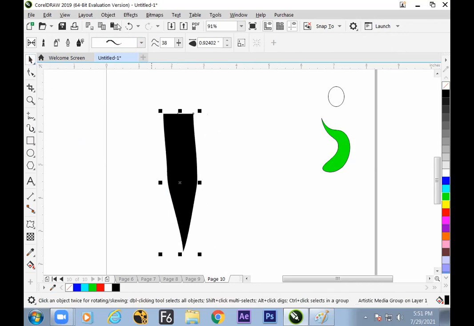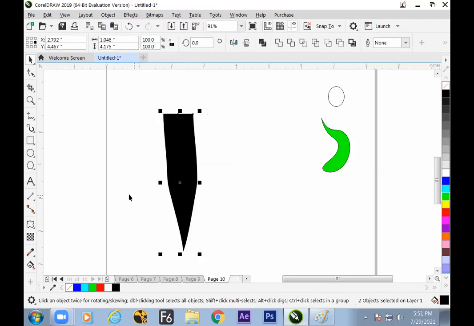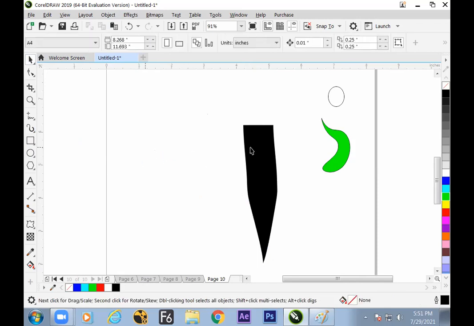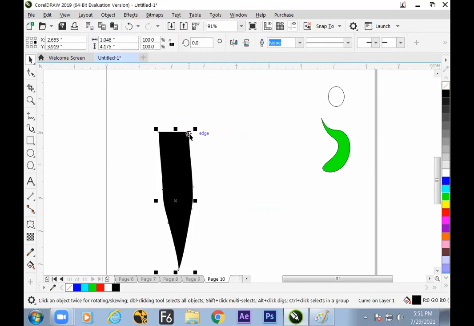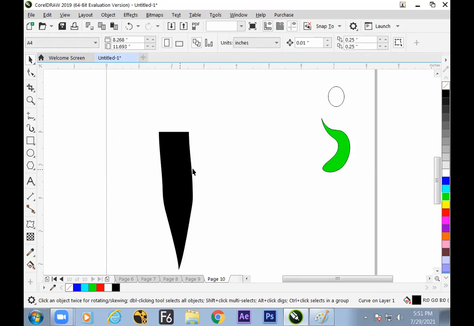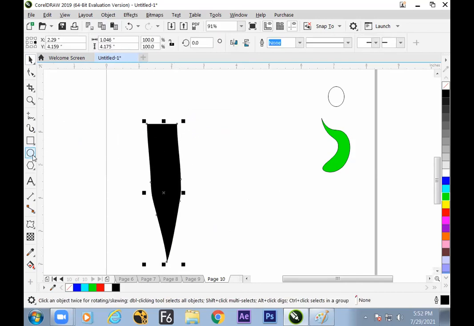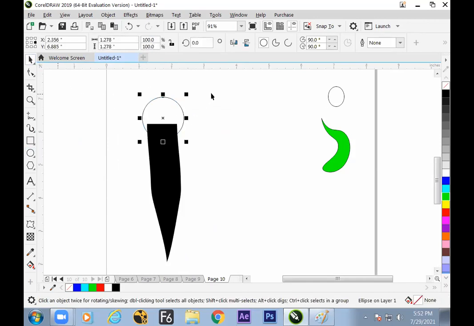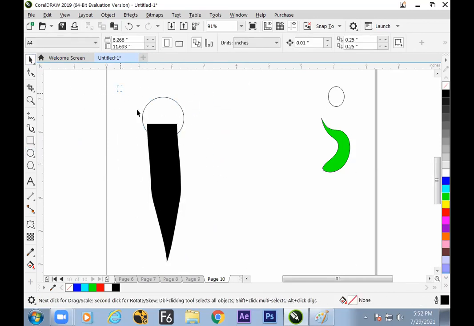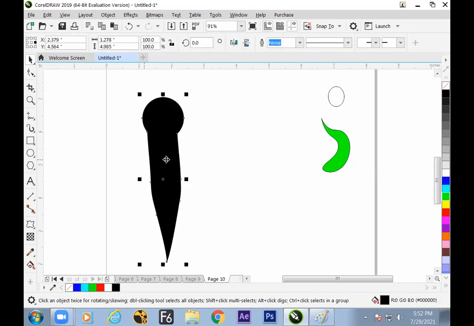Now convert to curves. Object, break apart, ungroup, delete, select this, get the structure on the top and fuse them together. Select all. Hope it is clear.